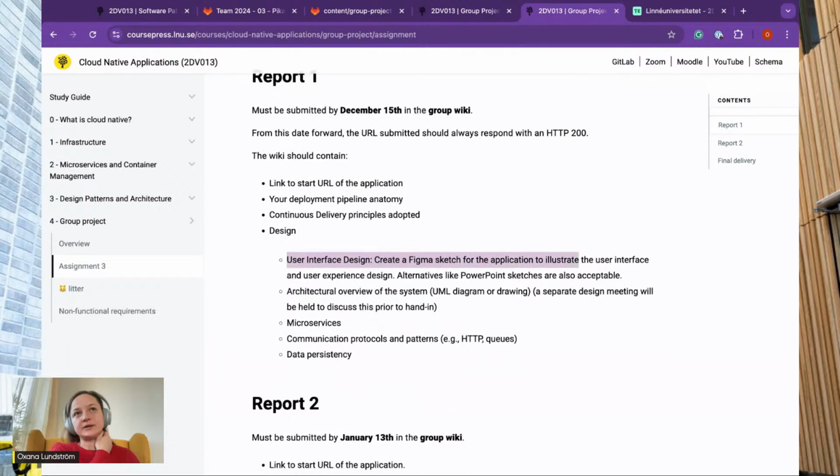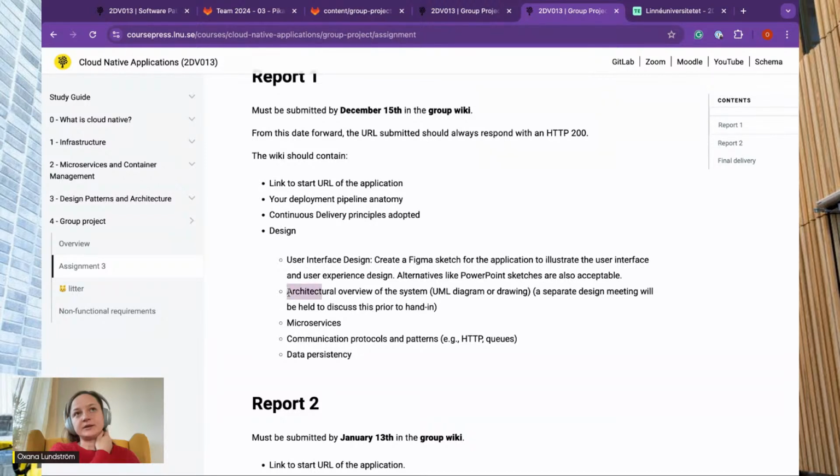Some of you may have already started creating a Figma sketch. Figma is not compulsory. You can use PowerPoint. You can use Lucidchart, whatever. Just please don't use paper. Or if you do, digitize it accordingly, so I can understand it when you submit it. And in general, some kind of sketching tool that you can collaborate on will make your life easier if you then need to change something and maintain those interface designs and sketches, right?